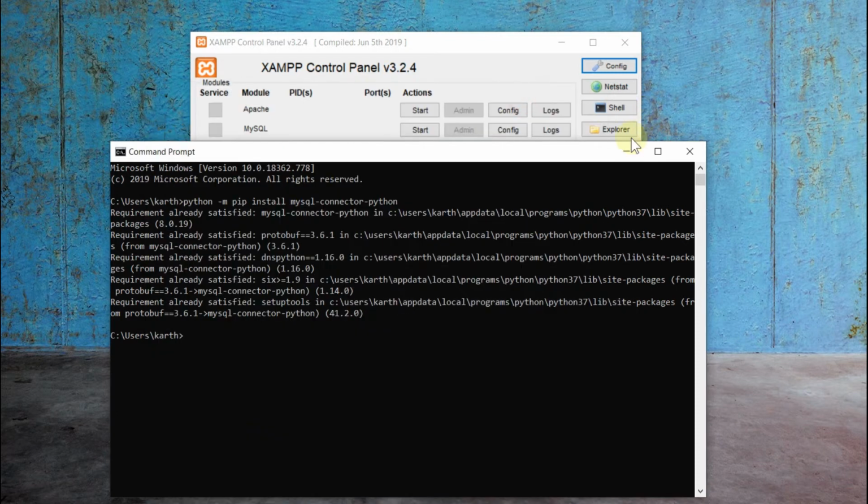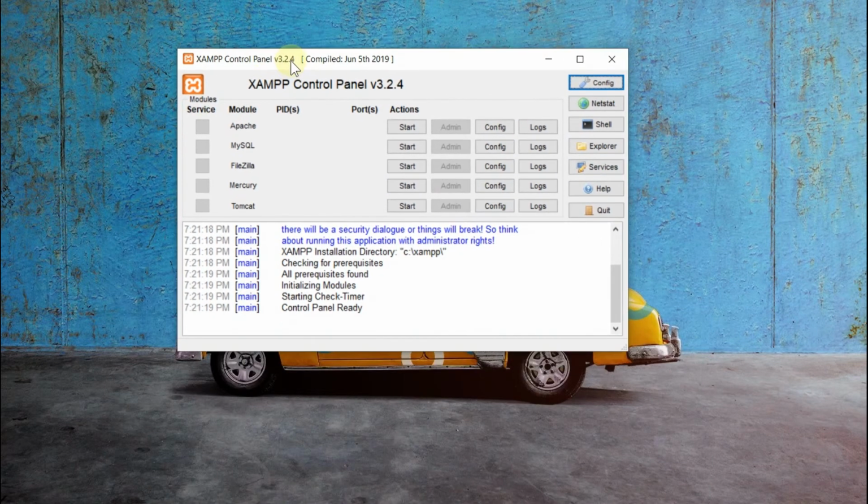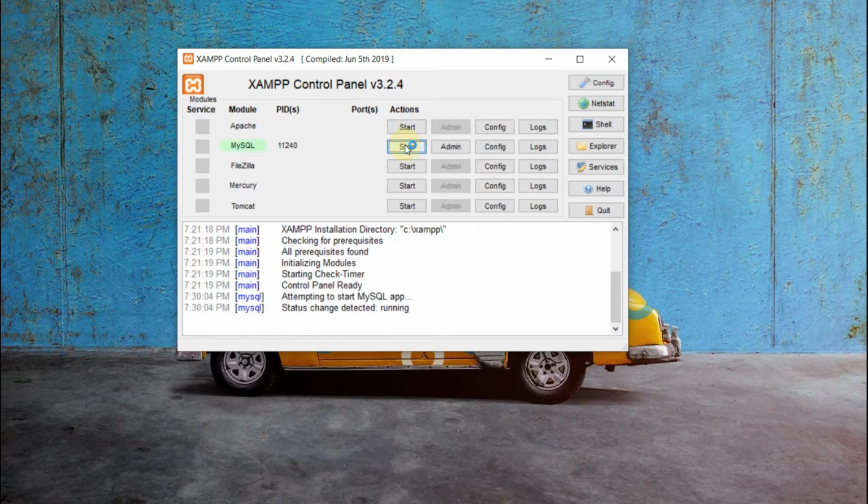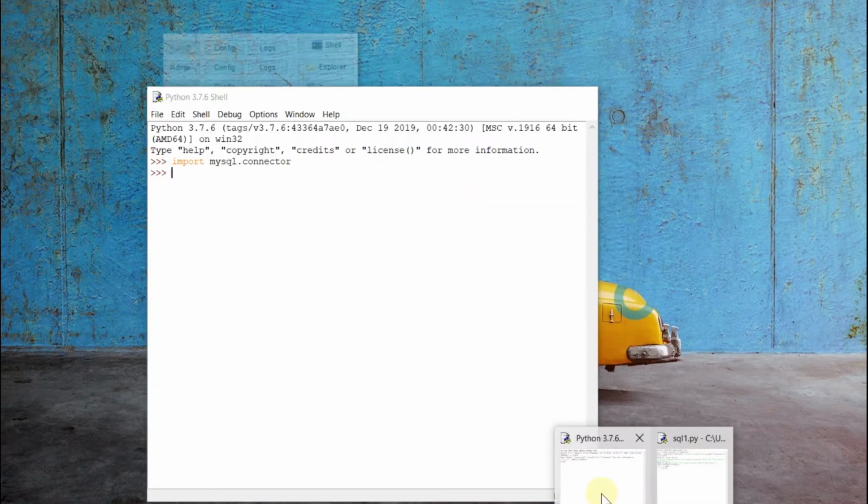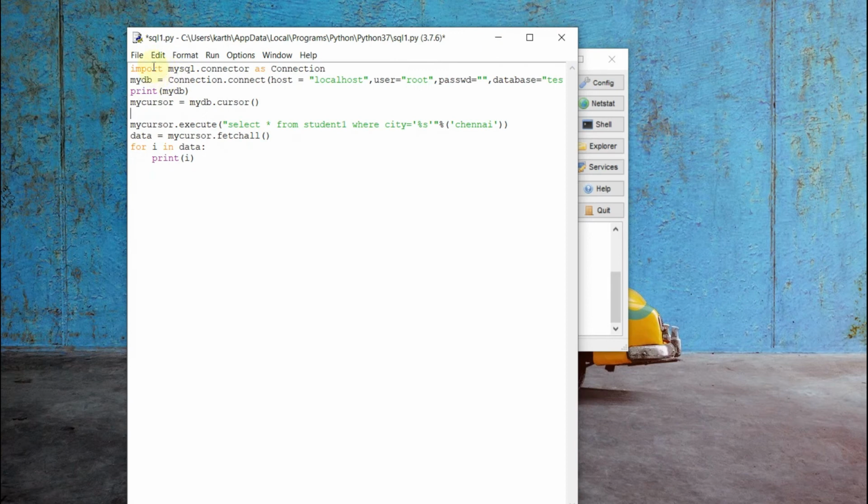And after this, the next step is you have to have the XAMPP server or some other server which is going to start MySQL. I'm going to start SQL server by clicking this start button, and now you can directly move to the program. This is a sample program in which initially import mysql.connector as connection is given. The meaning of this is mysql.connector is a module. For this, we are giving another name called connection,